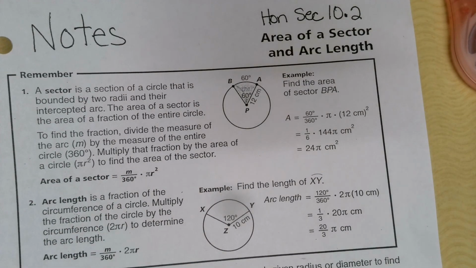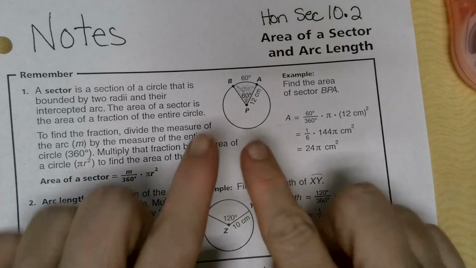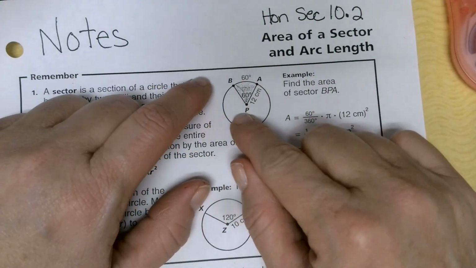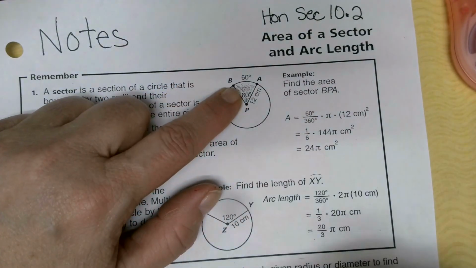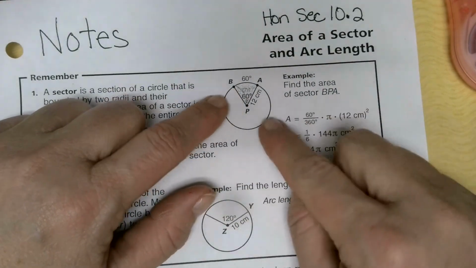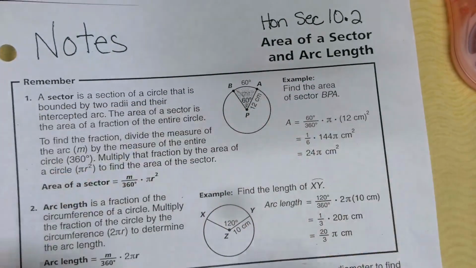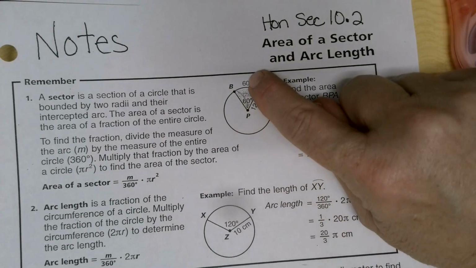So the formulas, if you know the area formula and the circumference formula, all you're doing for, like, this is a sector. So a sector, if you think of this as a pizza, a sector is a piece of pizza. It has area. So what you're doing is you're finding a fraction of the whole pizza. Well, the whole pizza is 360 degrees. So all you're doing is you're getting that fraction